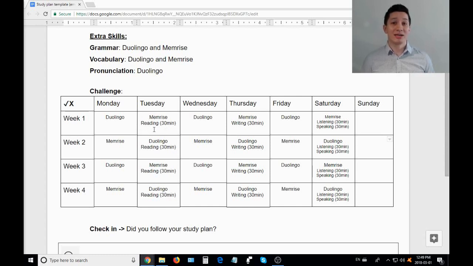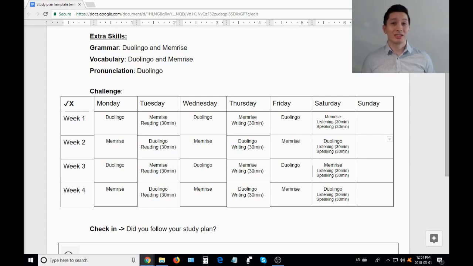And that gives me enough time to read slowly and reread the article if I need to. And maybe look up some words and write them down if I don't understand them. On Thursday in the evening, I have a little bit of time to write in my journal, so I do that for 30 minutes. I just write about different things that happened during that day or that week, if anything interesting happened, and I try to describe it with as much detail as possible.